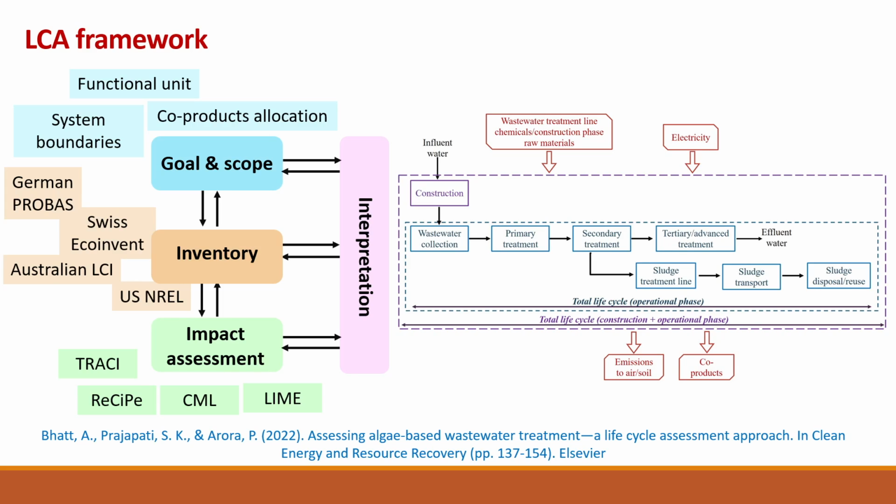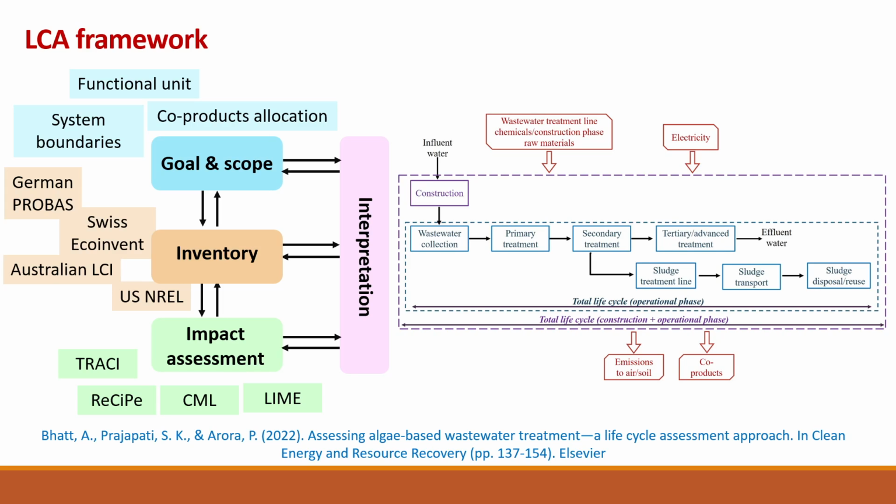So the first thing in goal and scope, we have to define the aim. The second thing that has to be done is we have to define our system boundaries. The third thing is we have to describe a functional unit. Now, when you're conducting LCA, you want to obtain the environmental performance of any system, suppose if we talk about a